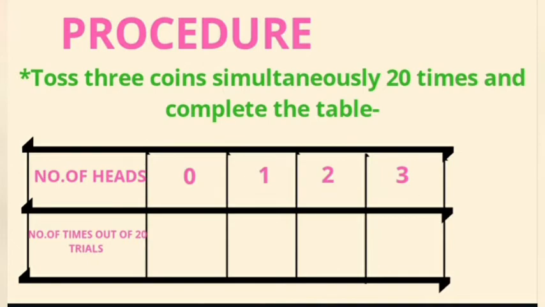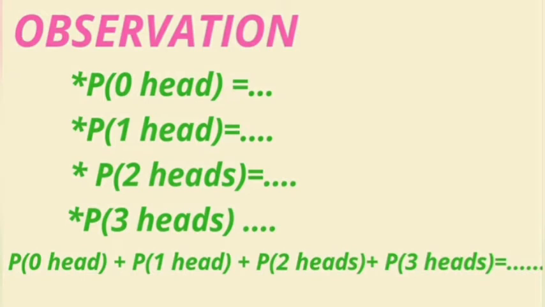Then we will further move on to find the probabilities of all these cases, that is probability of getting no heads, then probability of getting 1 head, probability of getting 2 heads and probability of getting 3 heads, where the total number of outcomes in all cases will remain 20, since you have conducted these trials or experiment 20 times. And then you will be showing that the sum of the probabilities of all these events come out to be 1. And this is so because the sum of the probabilities of all elementary events of an experiment is 1.